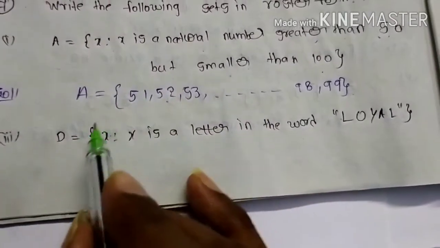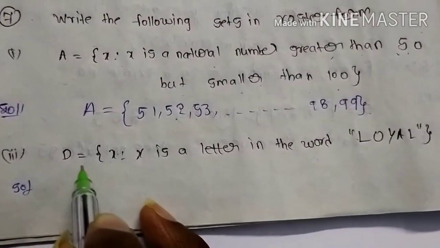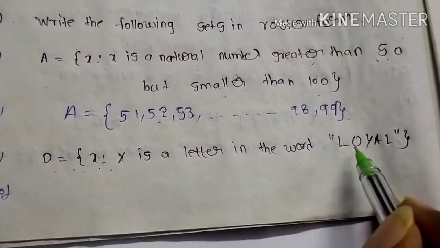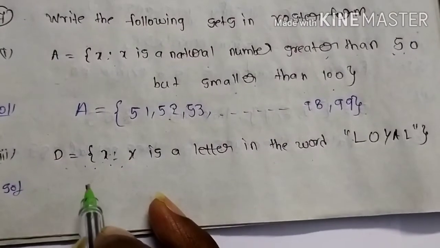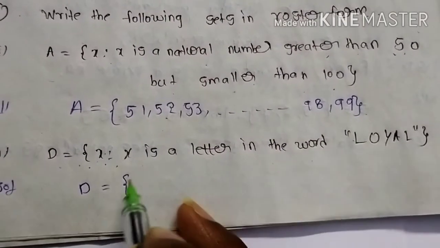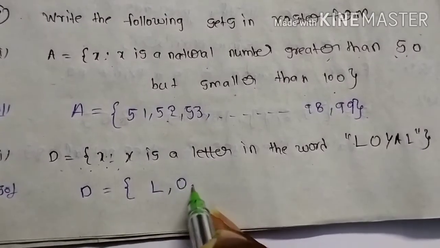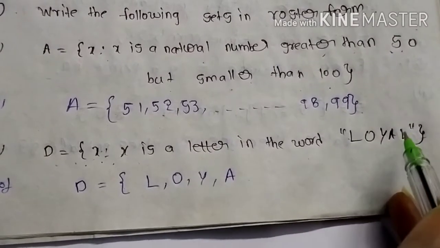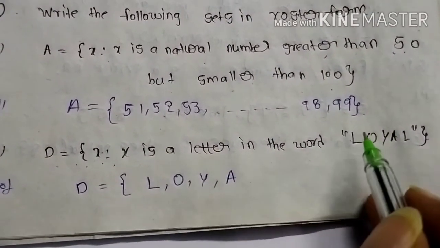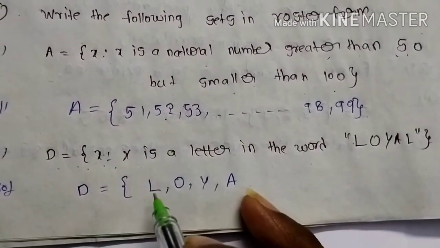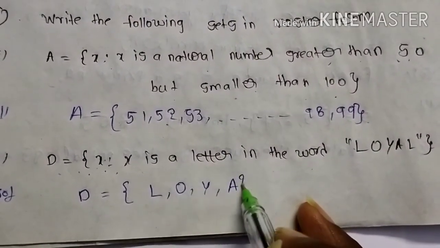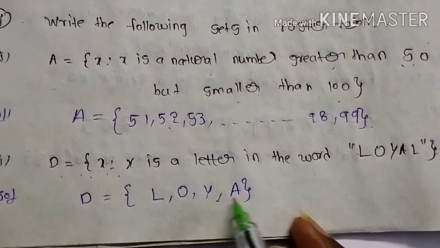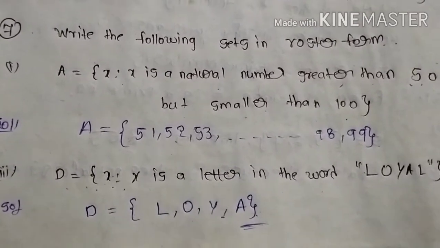Is it okay? In the similar way, one more question you can see here. D is equal to the set of all x such that x is a letter in the word LOYAL. See here, how can you represent D? What is the first letter? L, next letter O, next letter Y, next letter A, next letter L. But see what your condition is, no letter will be repeated twice. That means here L is repeated already. Yes or no? Yes. So don't take it one more time. If you take it one more time, it is a wrong answer. You can take only one time. That means L, O, Y, A. This is your answer. In the similar way, you can try the remaining.